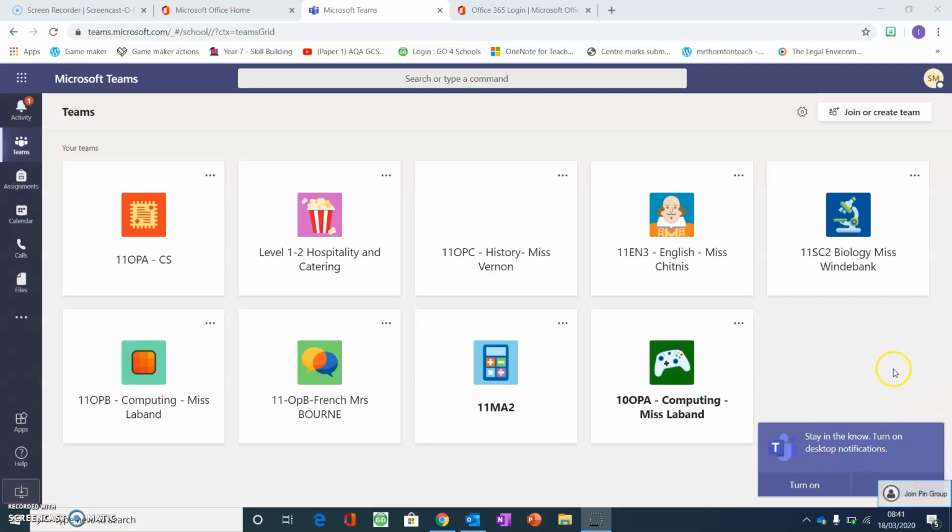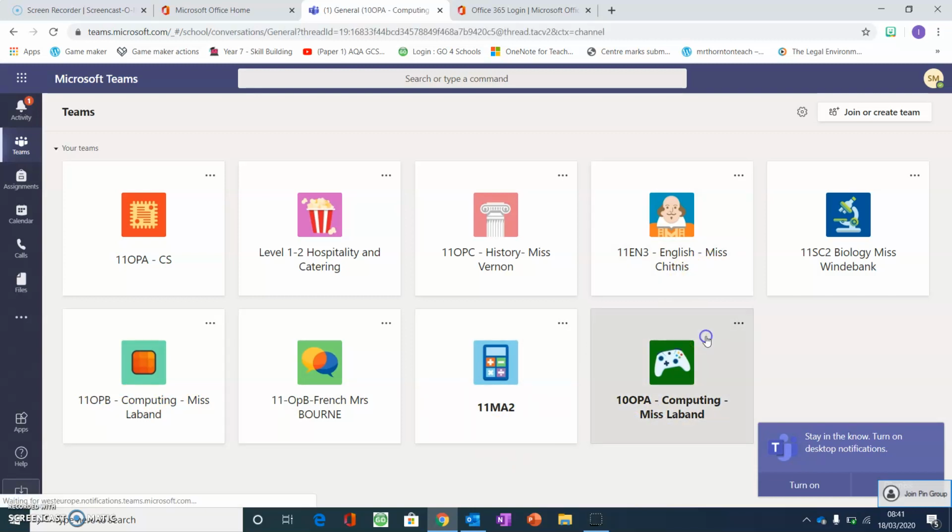Okay, once you're logged in, it will show you a big page full of all the teams that you're part of. So you'll have teams for each of your subjects. It will say your lesson and the teacher that you have. Okay, so if you click on the team,